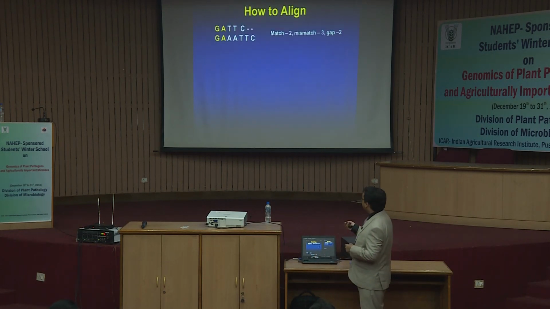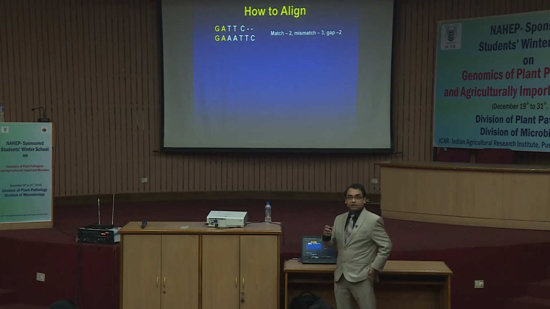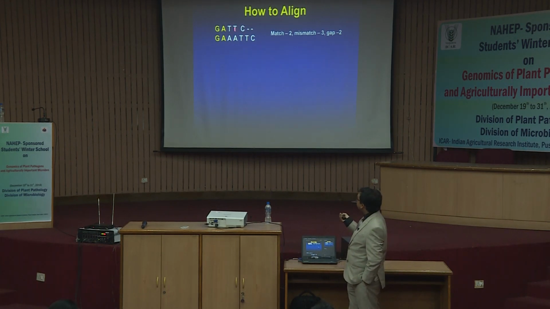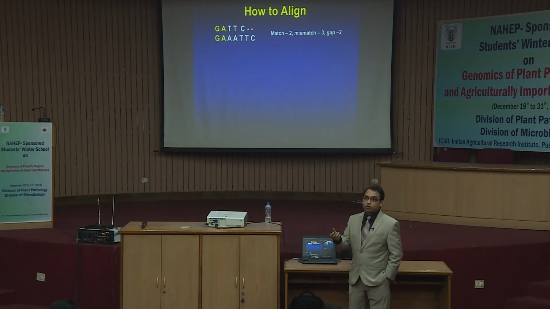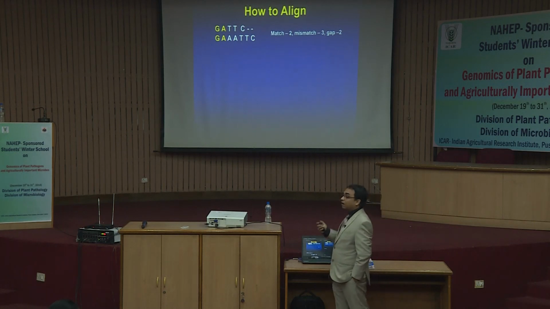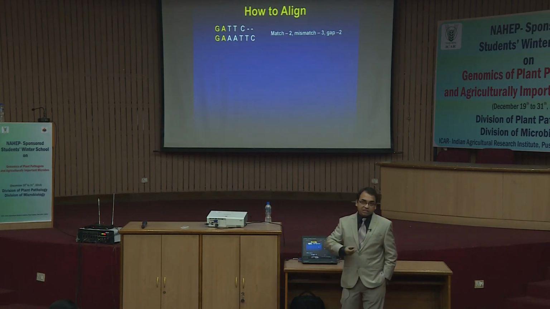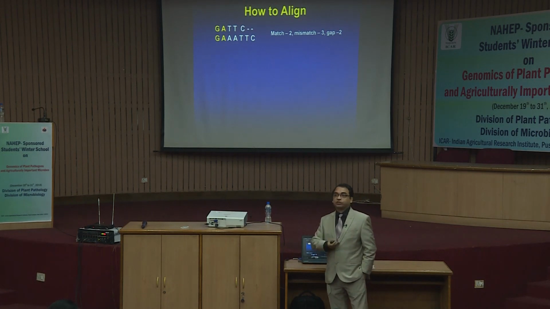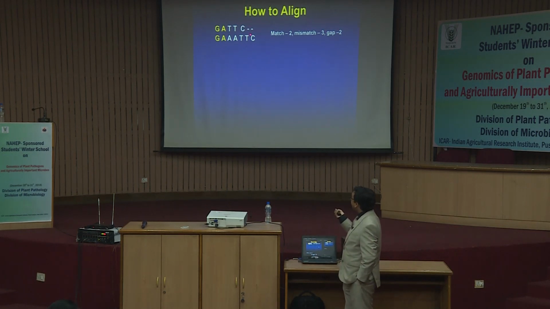So, how to align these sequences? For example, we are trying to align these 2 sequences. There are 2 matches, 3 mismatches, and there are 2 gaps. This is a very small sequence I am showing you. These 2 gaps mean this sequence is 2 nucleotides shorter. Our main intention for this alignment is how we can increase the matches and reduce the mismatches. And if there are some gaps, how cleverly we can put these gaps in such a way that they can have